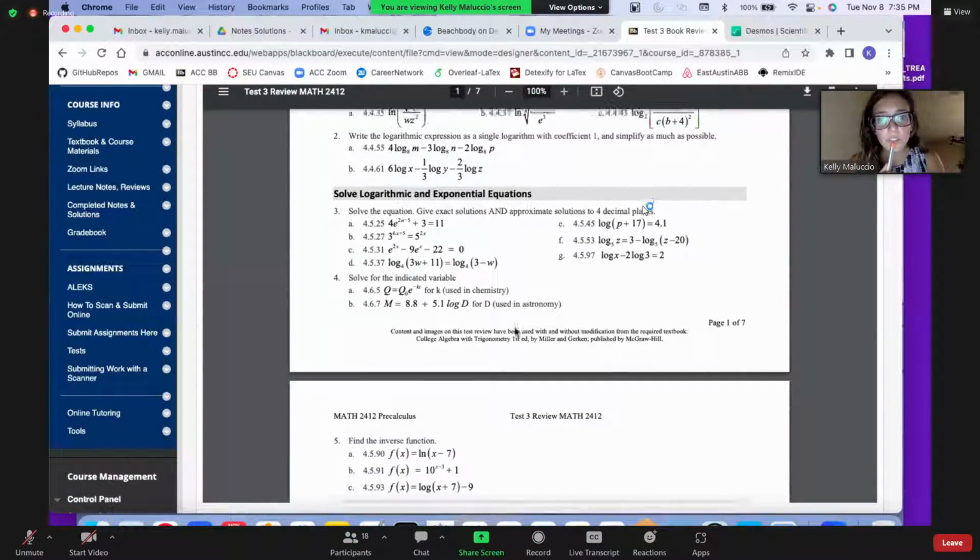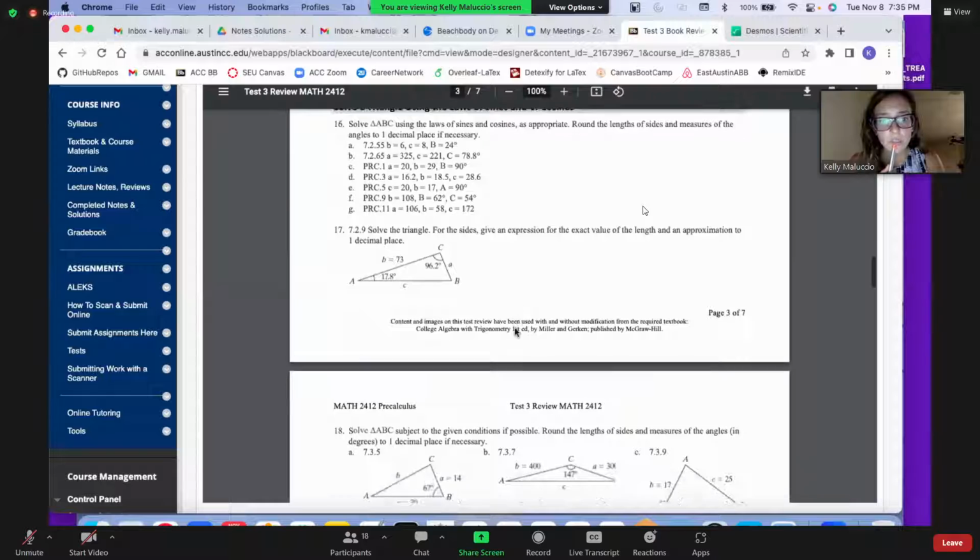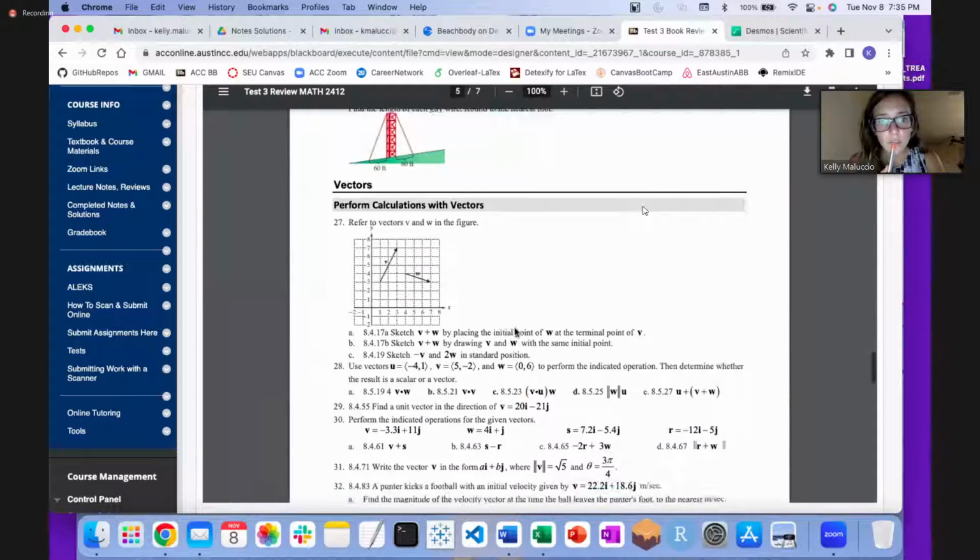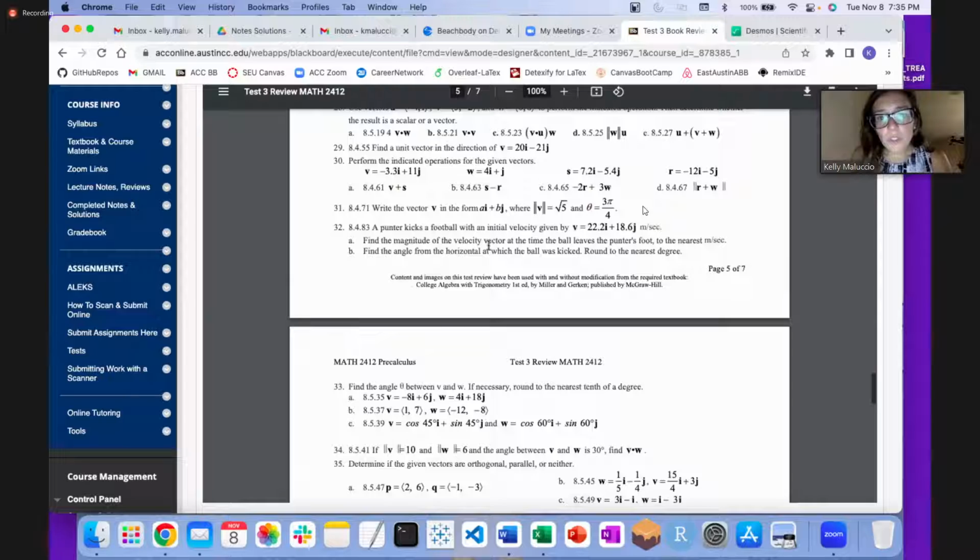Okay, so 32 here. Here they give you V, find the magnitude. For this one, all of these problems are sort of related but kind of different, because in this problem, to get the magnitude, you're only given one vector, and to get the magnitude, we just do 22.2 squared plus 18.6 squared, square root of that. Are you with me there? That makes sense. Okay. But then for the angle,